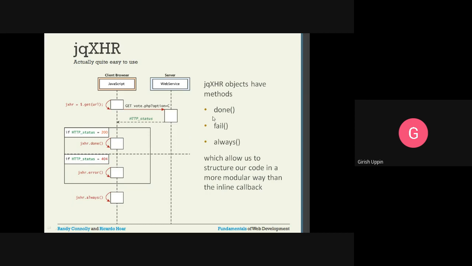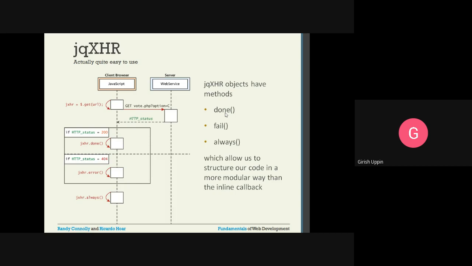Suppose whatever request we made, if it was successful, then we want to carry out a certain action; that can be put into the done method. And let us say if the request is a failure, then you want to take alternate steps. For example, using an asynchronous call, you are making a database request. If it is successful, you want to go ahead and execute a set of queries, you can do that.